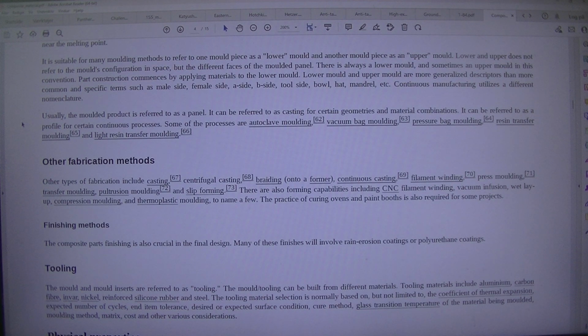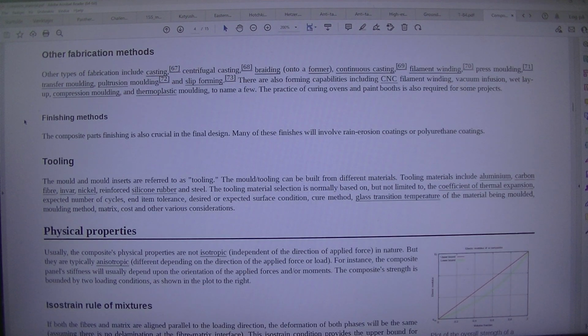Some of the processes are autoclave molding, 62, vacuum bag molding, 63, pressure bag molding, 64, resin transfer molding, 65, and light resin transfer molding, 66. Other fabrication methods. Other types of fabrication include casting, 67, centrifugal casting, 68, braiding onto a former, continuous casting, 69, filament winding, 70, press molding, 71, transfer molding, pultrusion molding, 72, and slip forming,